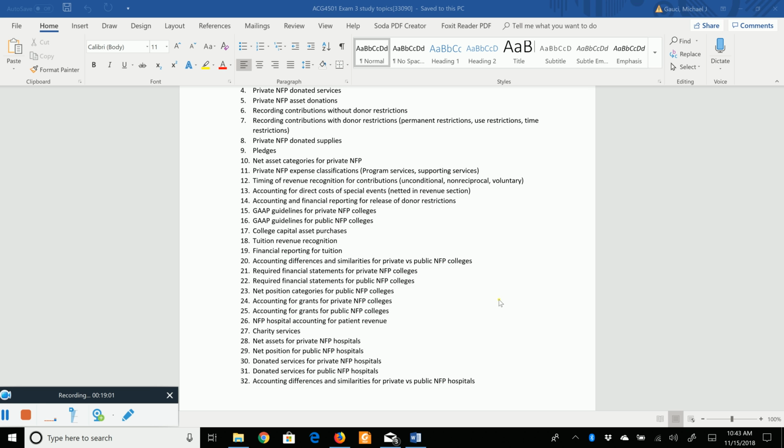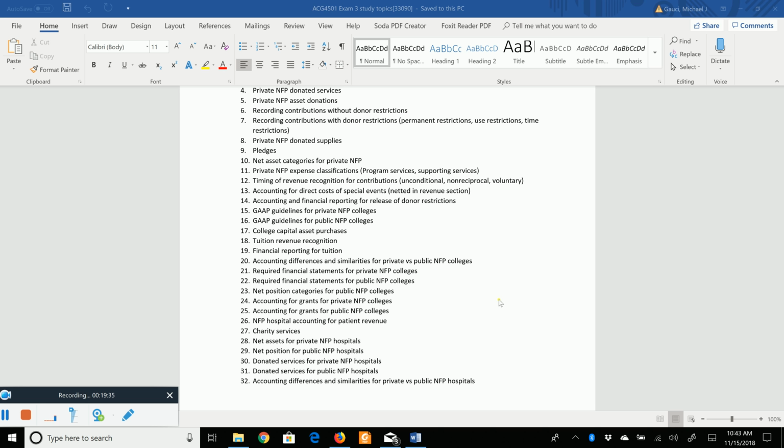Number 27, charity services. Make sure you understand that charity service is basically service that the nonprofit hospital provides to a person that has the demonstrated inability to pay. And the example I like to give is, treating a medical emergency to a homeless person at 3 a.m. in the emergency room. They're not going to be turned away. They're going to be treated. But I would assume that everyone would agree with me that they have an inability to pay,